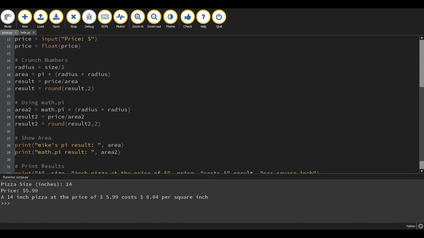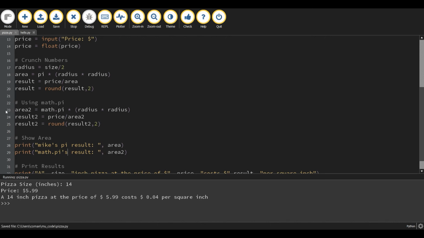So I'm saying here, print, literally print, Mike's pi result, and then the value that's inside of the variable named area. Print math.pi, I should say math.pi's result,